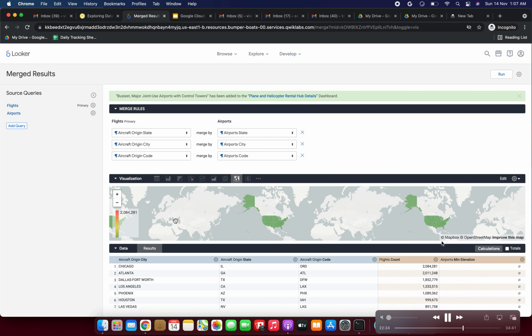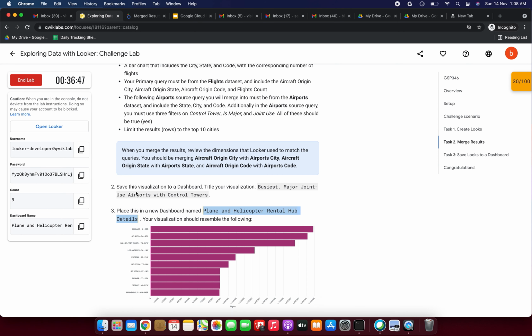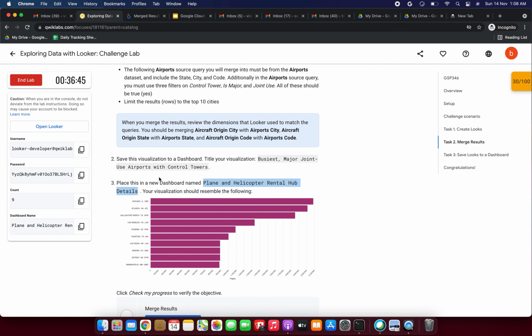And next step what we need to do, okay, let me check it. So we have done it correctly only, so no need to worry. Okay, I'm going to the documentation. So now we have done it correctly. So now we'll try to check our progress whether we have done it correctly or not. Let's see.